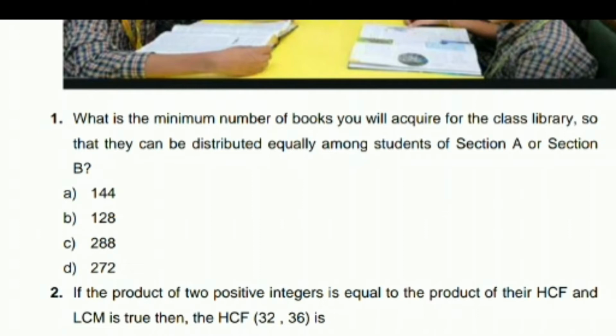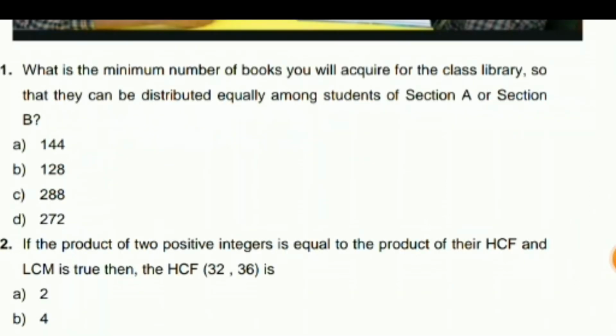If it were HCF, then in that case it would have been like how many students will be there per book, and this is not practically possible. How can you have more than one student per book? It's not possible. So in this case it is surely a case of LCM. So you need to find out which is dividing what. The numbers given over here are going to divide the number which you have to find out. So it is a multiple. But if you had to find the factors, the common factors, then it would have been HCF. I hope it is clear. So if you find the LCM, it is going to be 288.